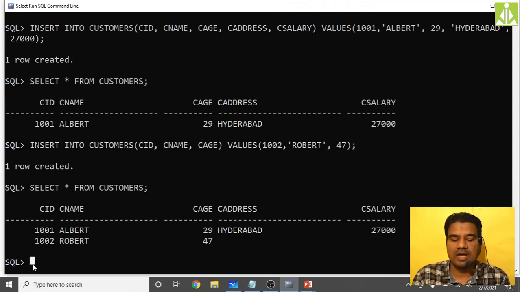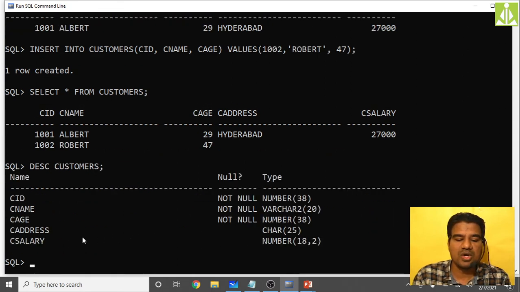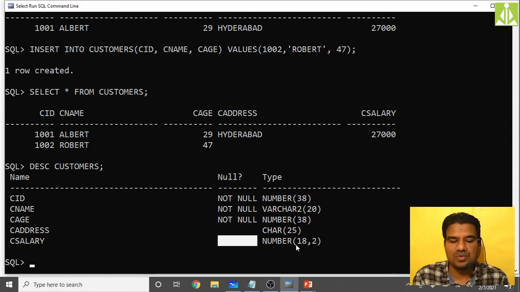Previously it is null. As it is accepting null values, you can see over here the salary details are null. So now I want to impose not null on salary as well. So how can we do it?